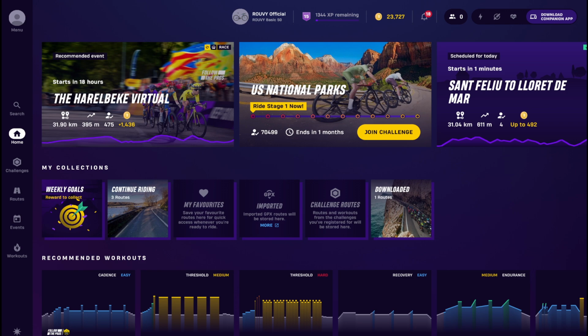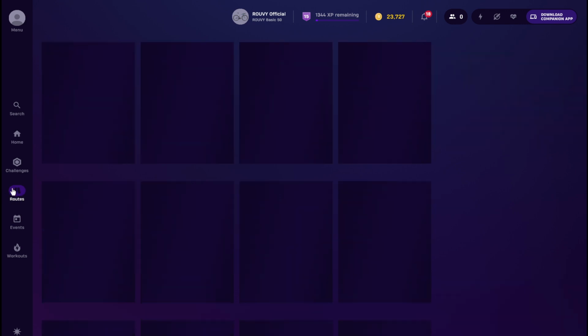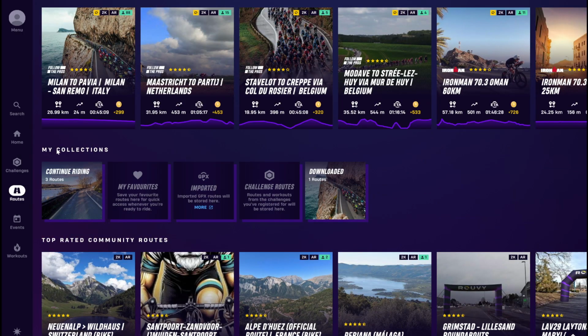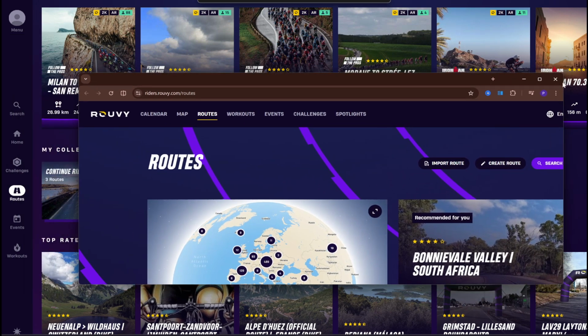riders.rouvy.com. Okay, so as you can see here at the home page, you already see imported GPX routes. Also, you can find this tab right here under the routes at the left side. And if you scroll down a little bit, you will find my collections and imported GPX routes. So if we click on that, we will be redirected to this